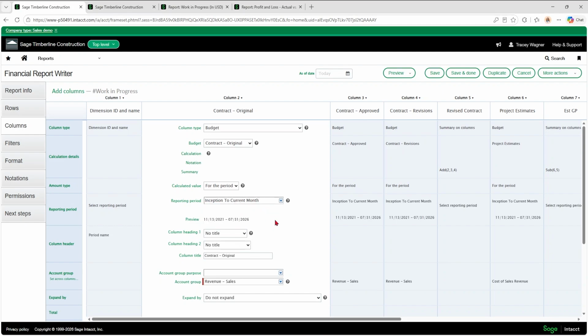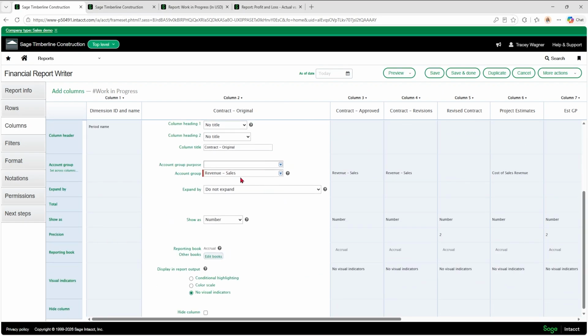If you do inception to date, and let's say you run the report middle of the month, so July 15th, the system is going to possibly prorate July. If you have any entries in July, it's going to prorate that budget for just the first 15 days of the month. And that's not usually what you want to see. You don't want to see your budget prorated like that. So you're going to want it to say inception to current month. So that's one reason you might not be pulling in the budget for your contract. So check your reporting period.